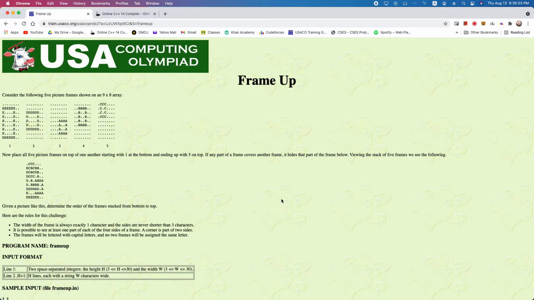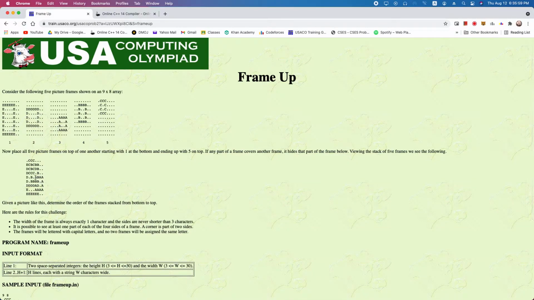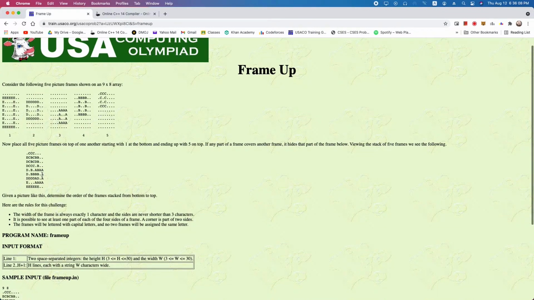Alright, in today's video, I will talk about the problem Frame Up. So what we want to do in this problem is create a graph and connect all the frames that are at the bottom to the ones that are on the top. And to do that, we will just use a loop and check for all of the frames